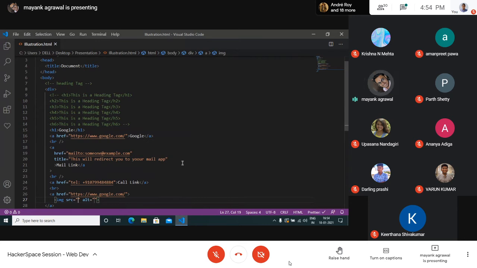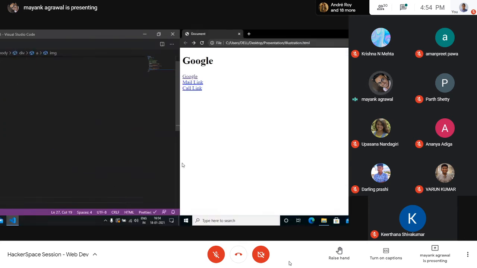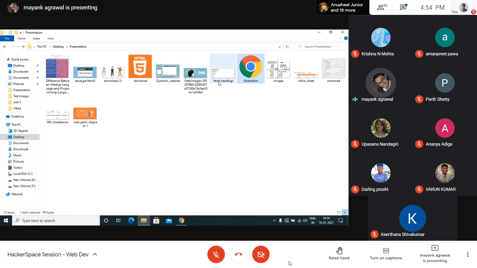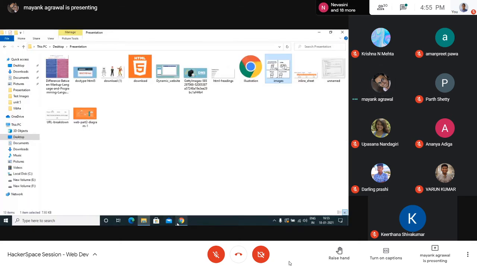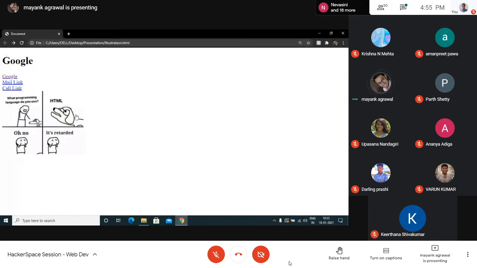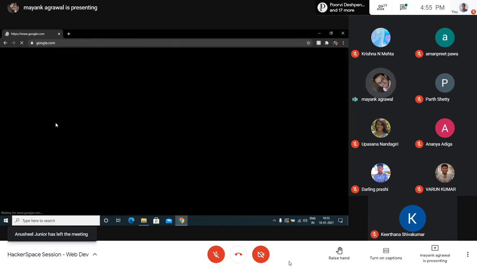There are multiple ways to add a source, but since the image is inside the folder I am currently using, I'll just type the name of the image, which is images.jpg. I don't need an alt attribute over here. Save and refresh. It looks like a normal image, but when I hover on it I get this pointer, and when I click, it directs me to Google.